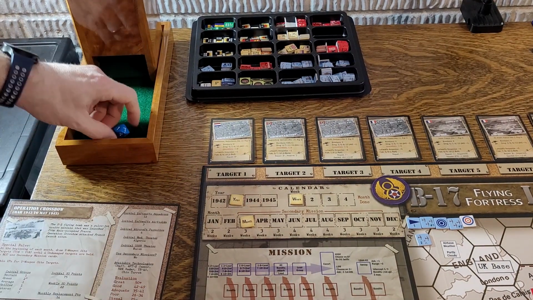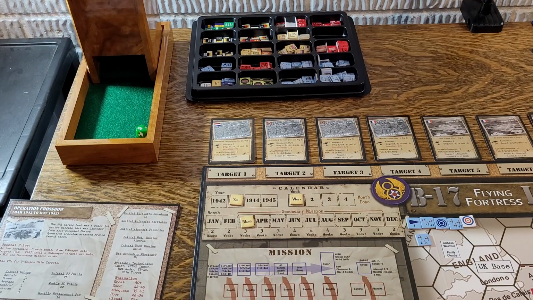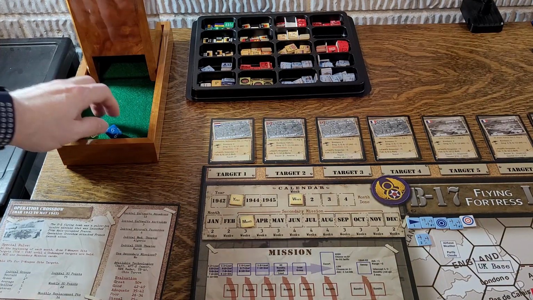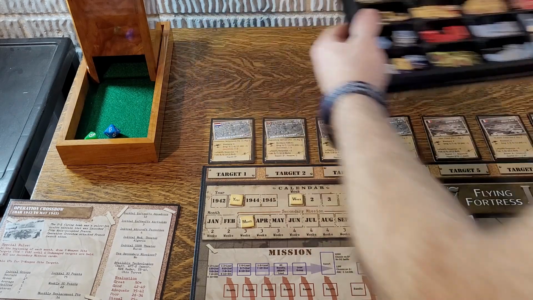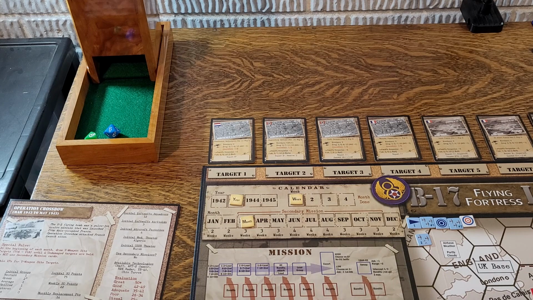I have a 1 and a 10, so there's definitely 1, and then I need to roll 1 more. And it's an 8. So I'm going to have 2 U-boats with a danger of 2. So we'll just put them on here. So I was kind of glad I grabbed that